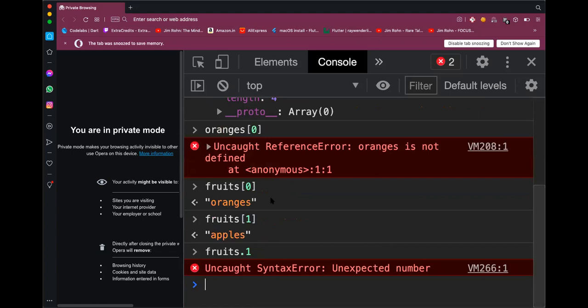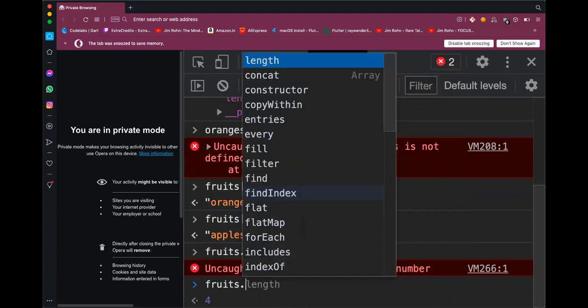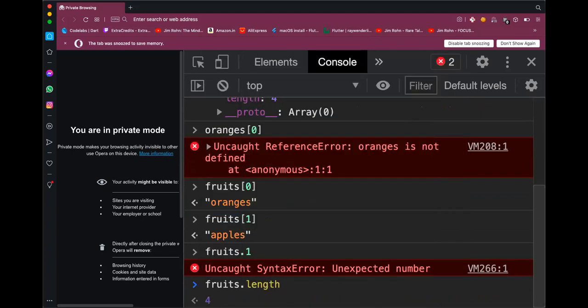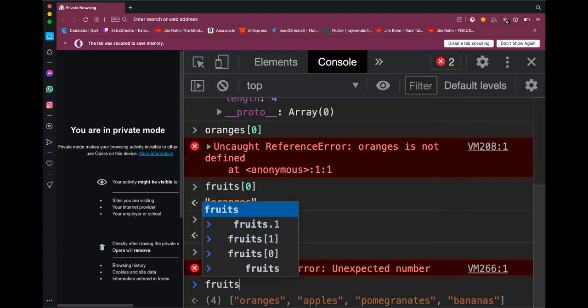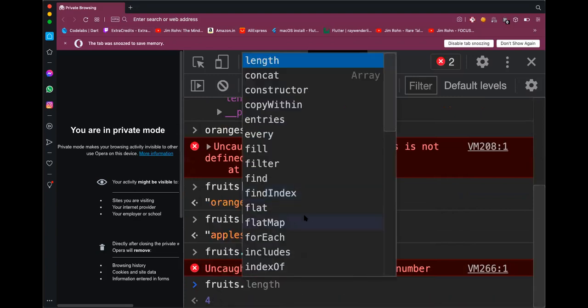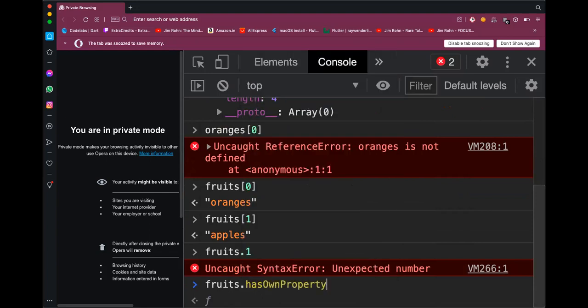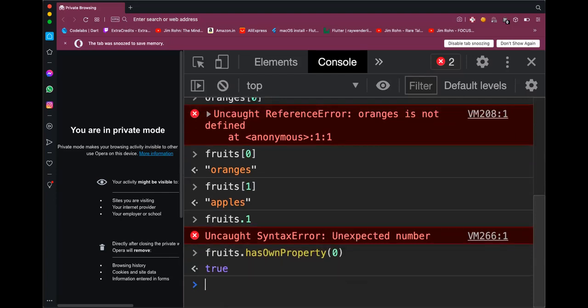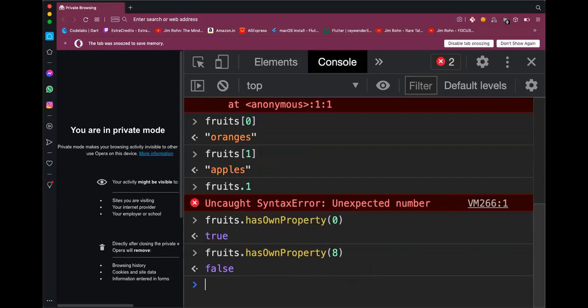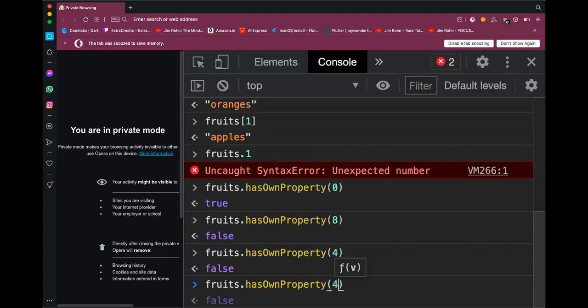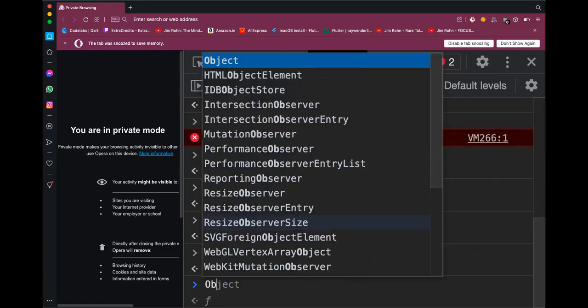So the object utility methods, like length, which is an array utility method, let's say has one property. But if I put anything from 0, 1 to 3, it will show true.